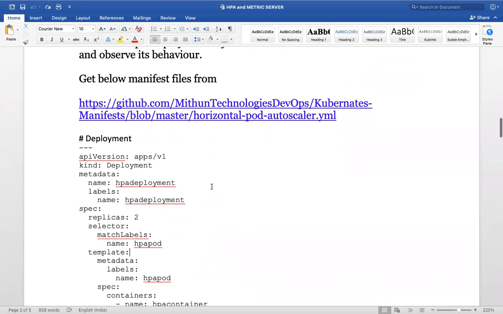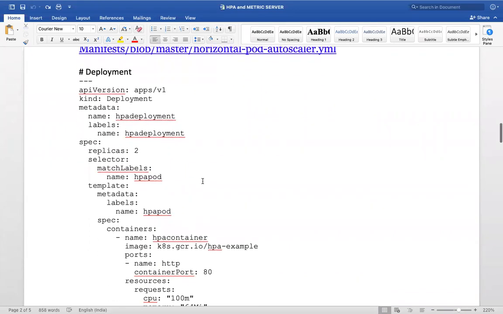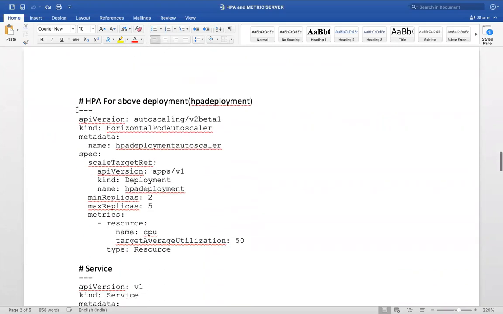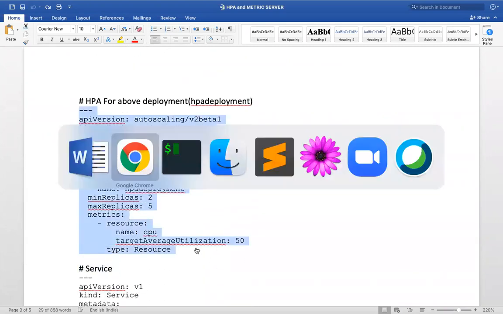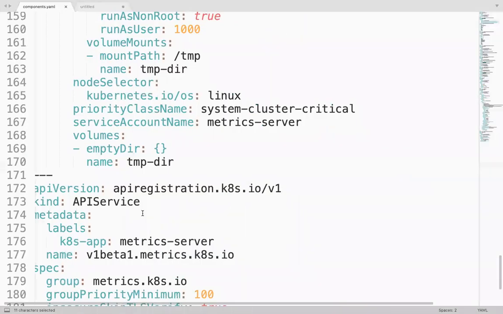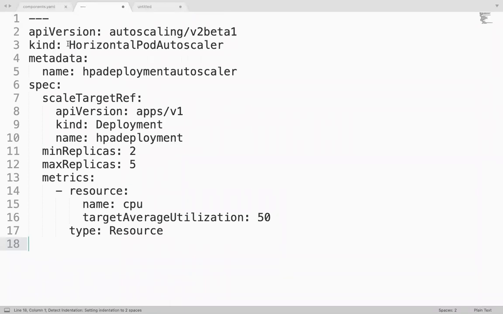Now we can auto scale any application, guys. We have one more object called HPA. We need to create this HPA object, of kind horizontal pod autoscaler. Under the spec, we are defining the minimum replicas and the maximum replicas. So if I say minimum 2, how many minimum will it manage?